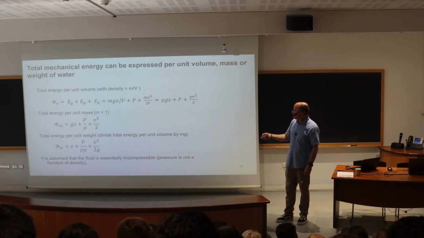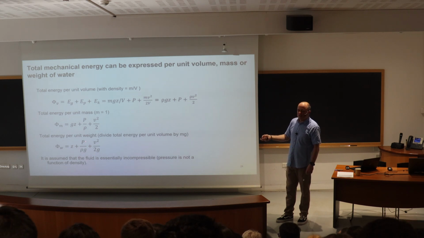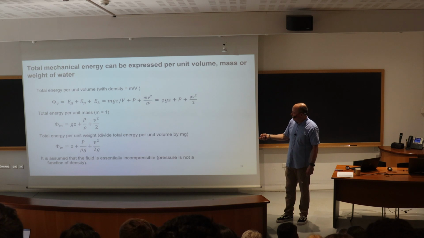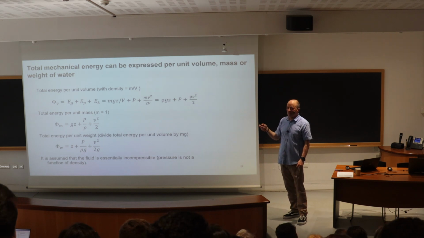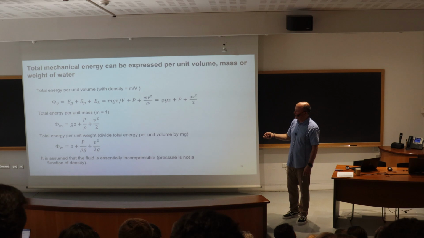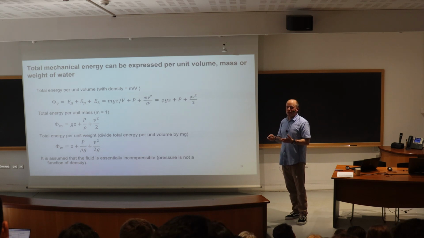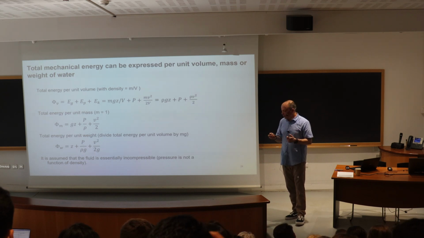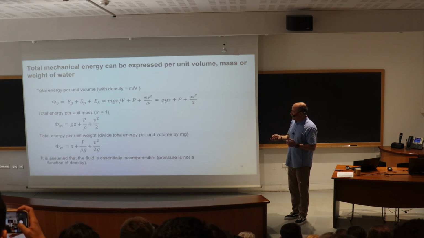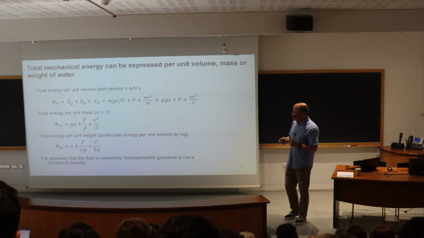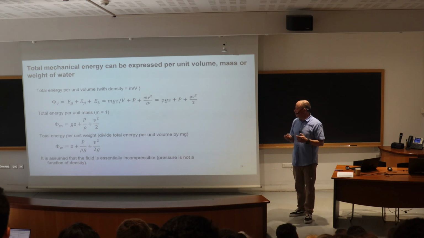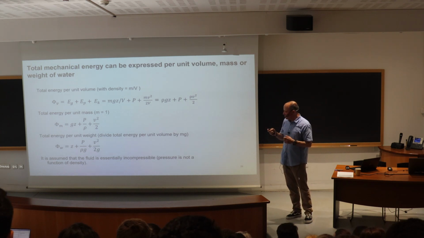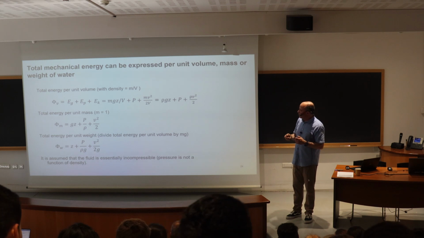weight. So you divide by the weight of water, m times g, and you get three components: z, which is some elevation, pressure divided by rho g, and then velocity squared divided by 2g. So if you know the definition of hydraulic head, you already start to recognize the practical definition that we use. So it's basically energy of water per unit weight. And this is the case where the fluid is assumed to be essentially incompressible, so pressure is not a function of its density. We can further simplify